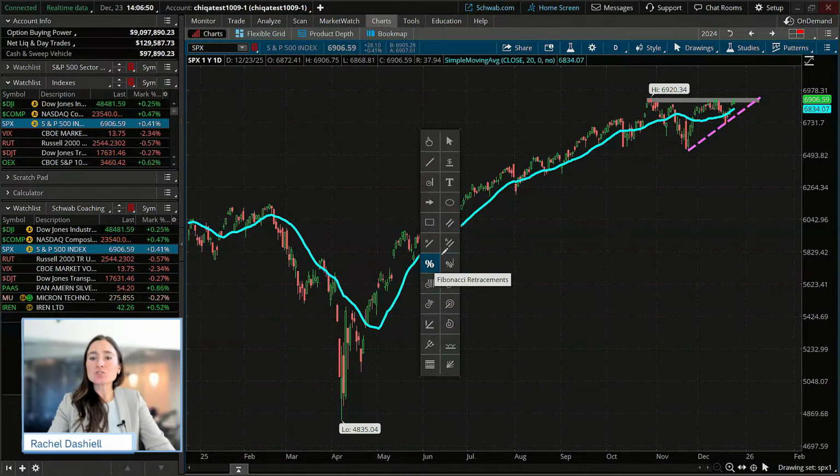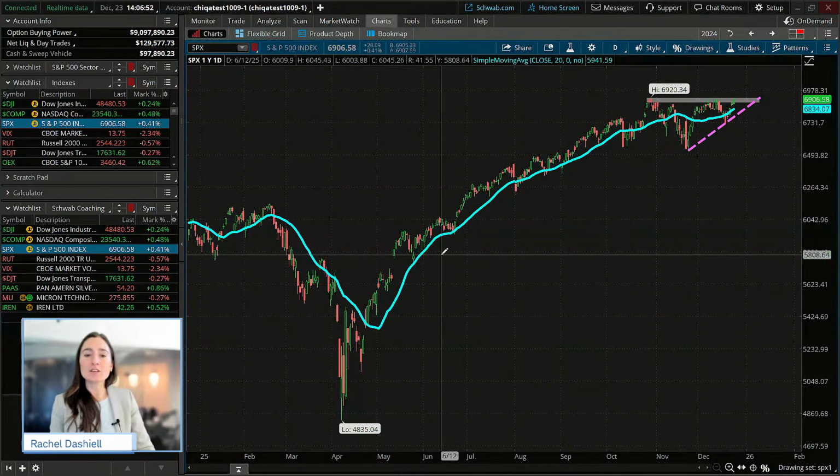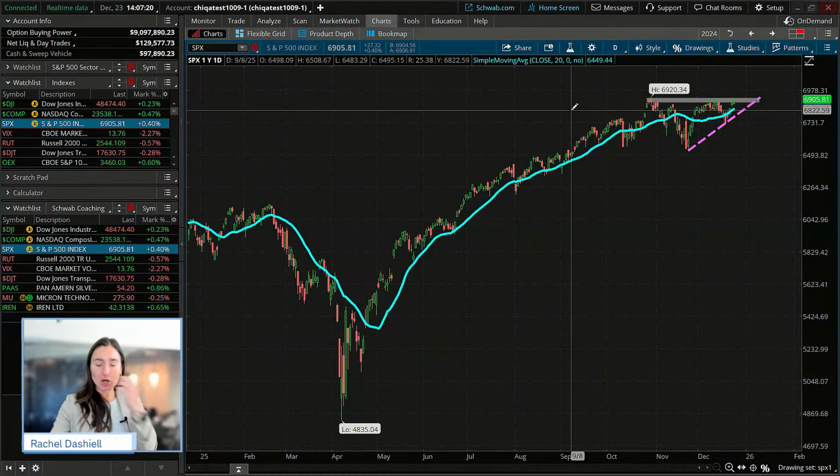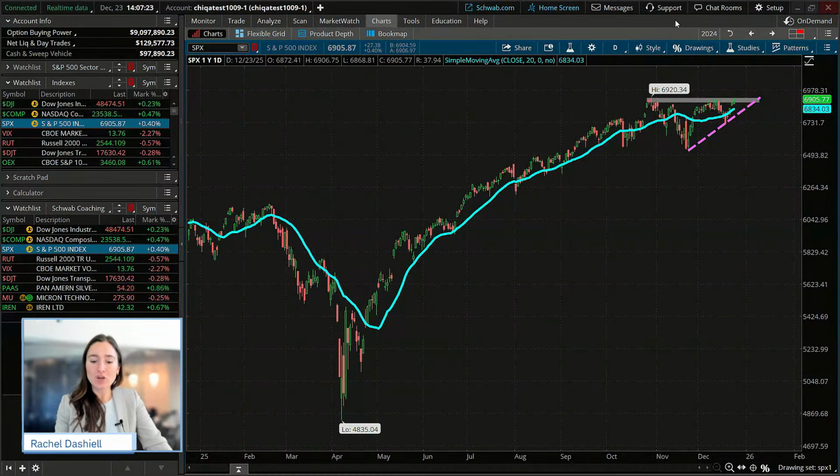retracements. And essentially what these do is you can draw them from lows to highs or highs to lows to basically forecast support and resistance levels. So traders will use these to place their entries, their stops, their profit targets. They'll even use it to add to their positions, or I guess also really peel back some of their positions. So we're going to go through and draw a couple of these on a couple different stocks and talk about how we can place trades around them and some of the rules for this.